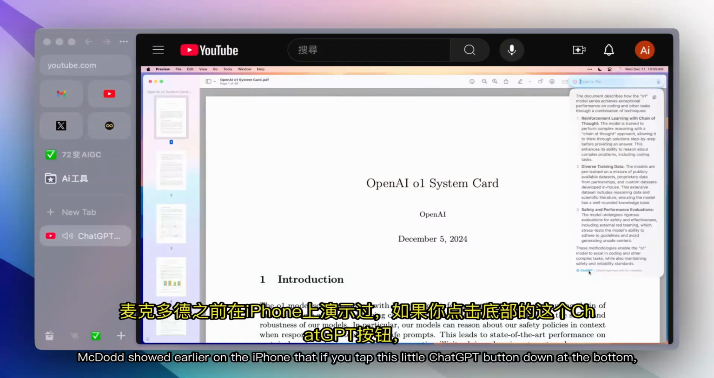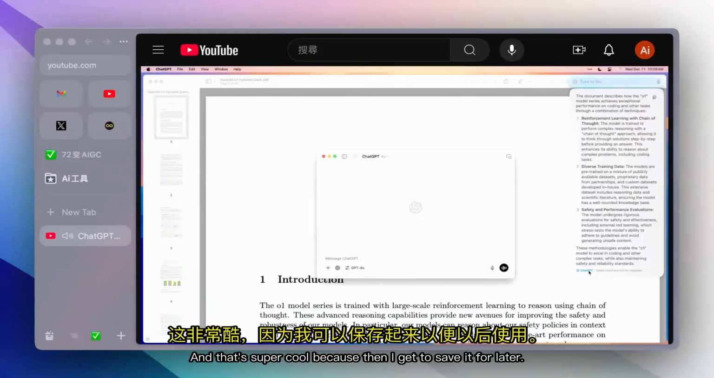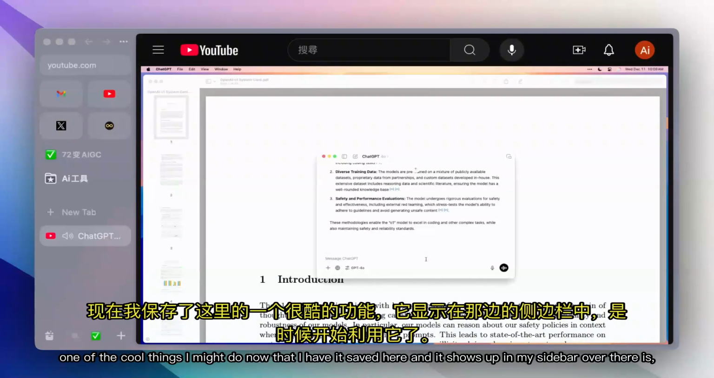McDodge showed earlier on the iPhone that if you tap this little ChatGPT button down at the bottom, it will open this in ChatGPT. And that's super cool because then I get to save it for later. I get to continue the conversation. I get to do more with it. So one of the cool things I might do now that I have it saved here and it shows up in my sidebar over there is,